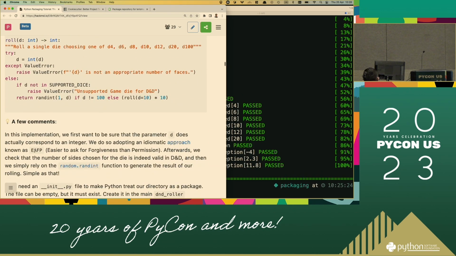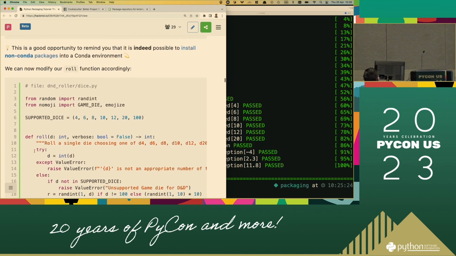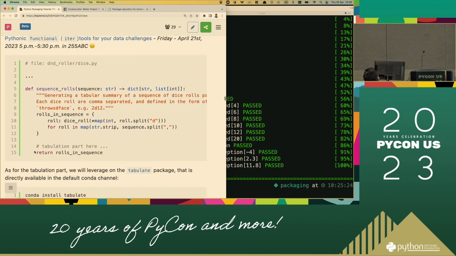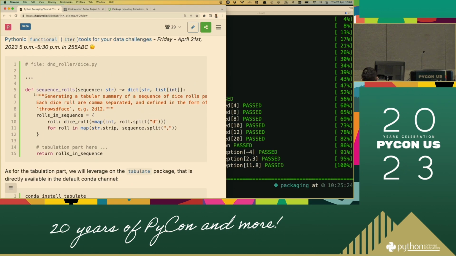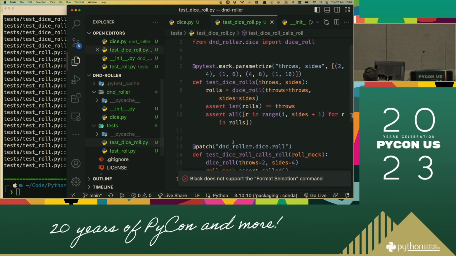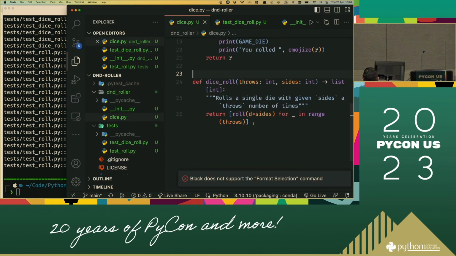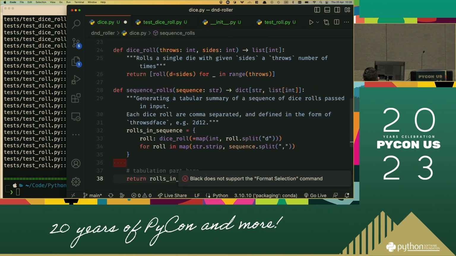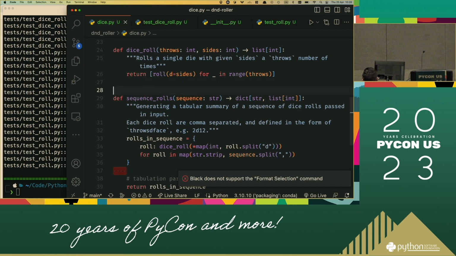So going back to the sequence roles function, it's here. This is a sequence function. I'm just adding this extra function in the dice module, and here, so I go to the dice.py file. I just close this one, paste it. So the first thing this function does is to parse the input, and the way it does is,